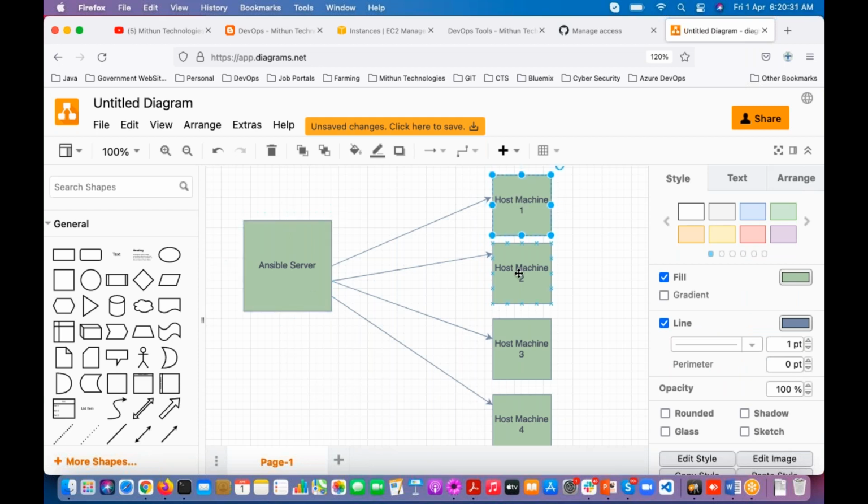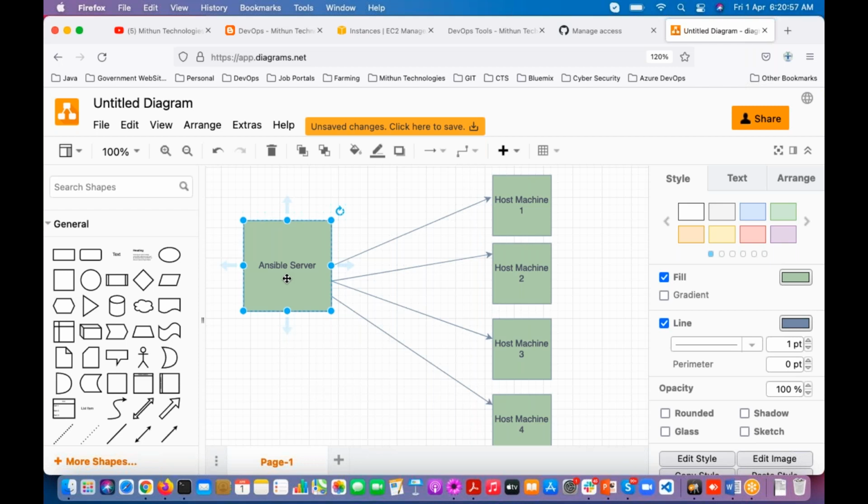All these 500 servers, we can call them host machines, hosts. This host machine information we are going to configure in the Ansible server. In the Ansible server, we are going to write one playbook. A playbook is nothing but a piece of code we write.